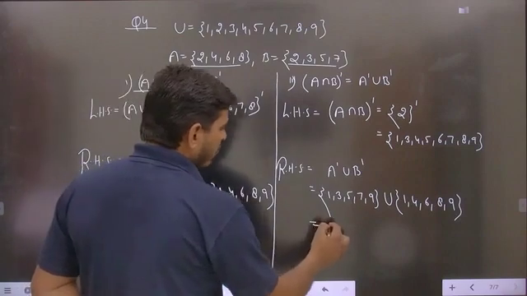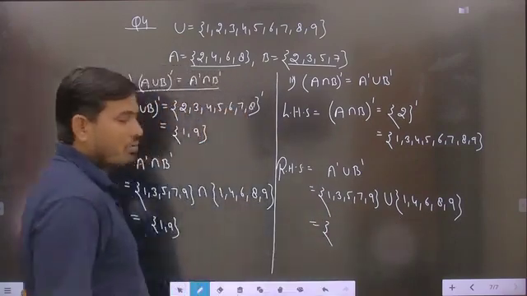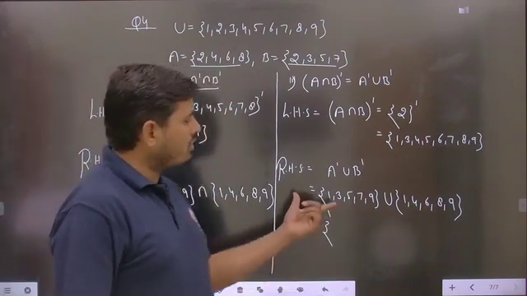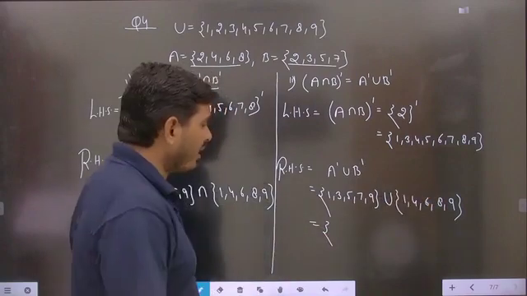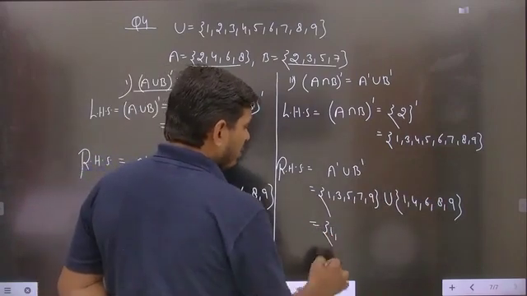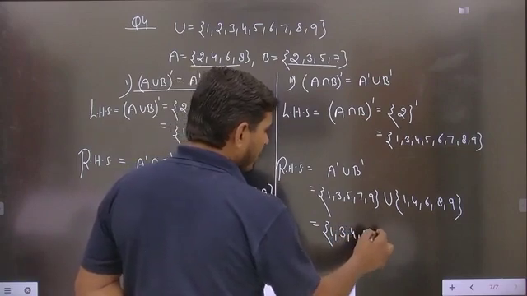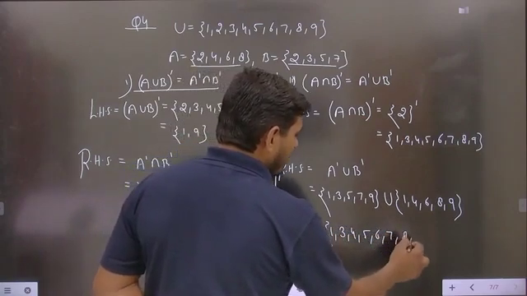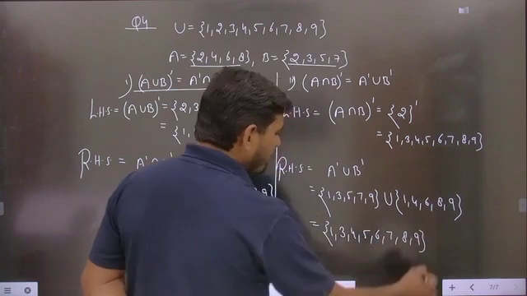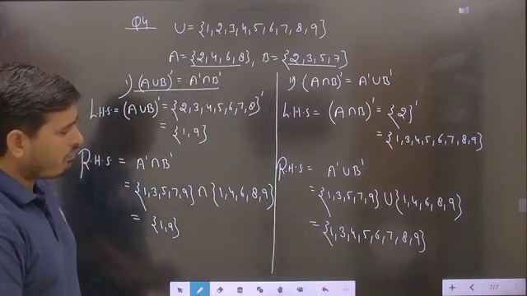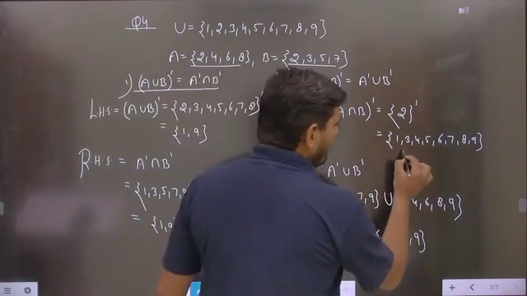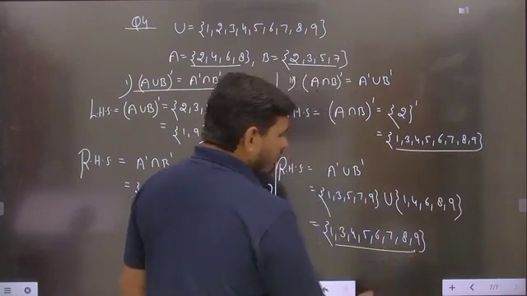Now if we join the sets, because the union operation is to be applied between them, you can just join all the elements. Then we will write here 1, then 2 will not be written, then 3 4 5 6 7 8 and 9. 9 is the common element, but we always have to write the 9 once. So you can check the result of left hand side and right hand side, whether both are found to be the same or not.